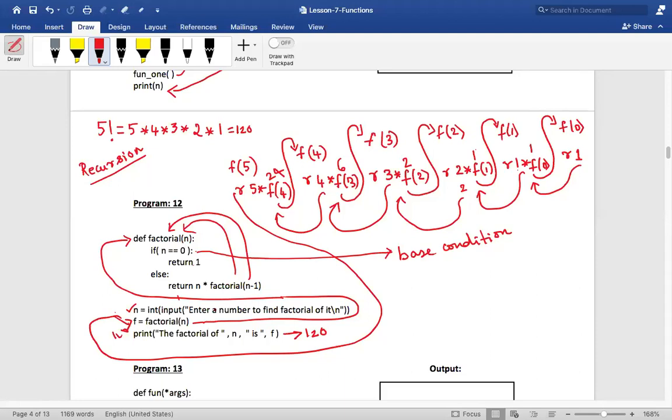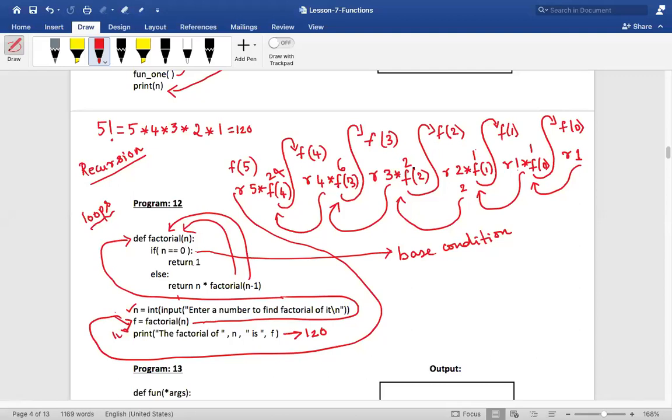So I want to give you one more assignment today. Please note it down. The same program, I want you to write it using loops. This factorial function I have written using recursion, isn't it? Did you see something is happening again and again? So it means that this can also be achieved using loops, isn't it?